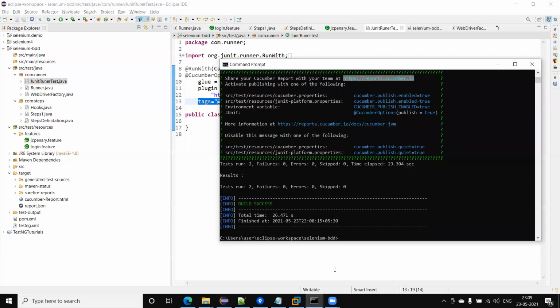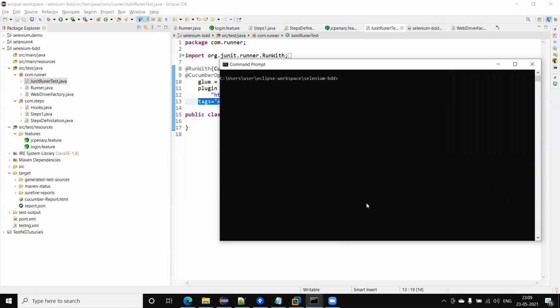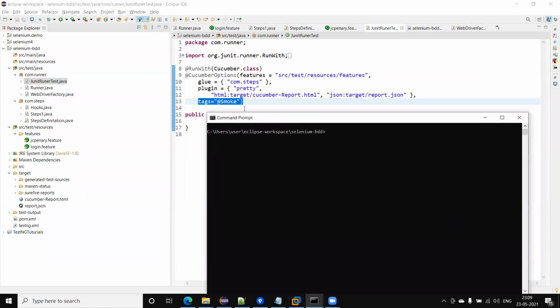Now how do we run any particular scenario where we have mentioned a tag? Suppose I want to run only the login test. We can use mvn clean, which will clean the previous builds. Next we need to use -D.